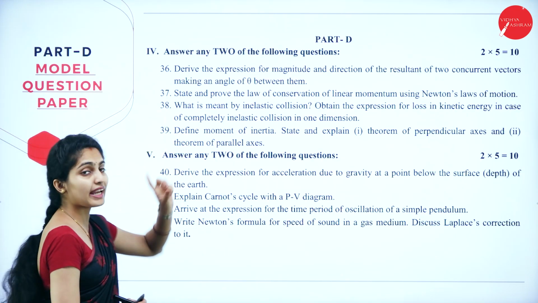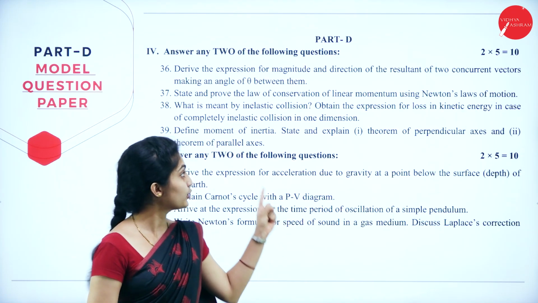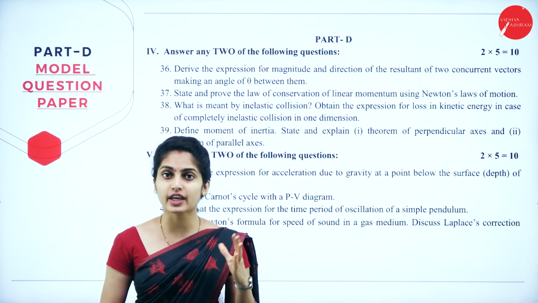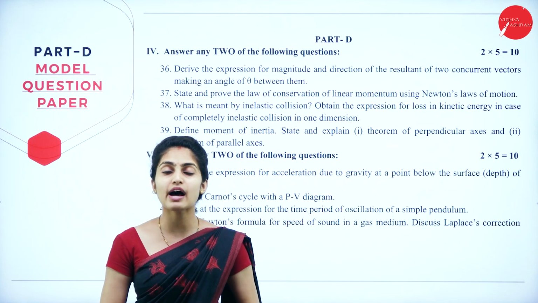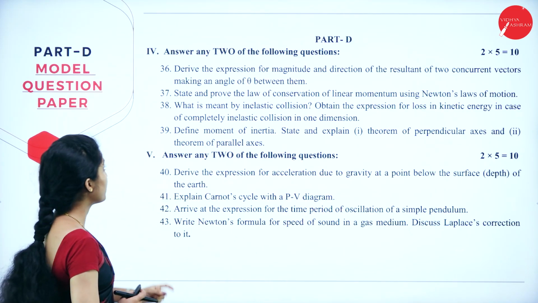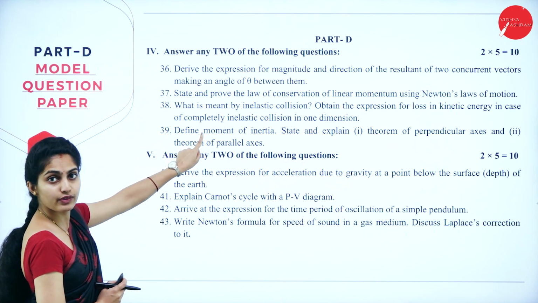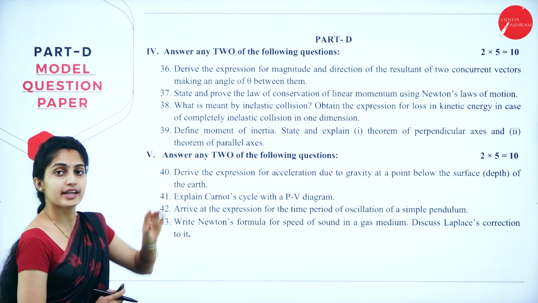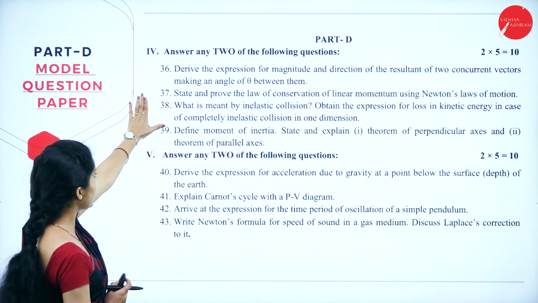You will have to pick any 2 of the questions and write them. So 2 questions, each question carrying 5 marks, so you will have 10 marks from each Roman number. You have 4 questions from this set, so you have to opt for any 2, each carrying 5 marks, and a total of 10 marks for the 4th